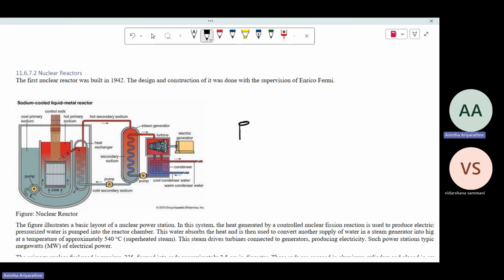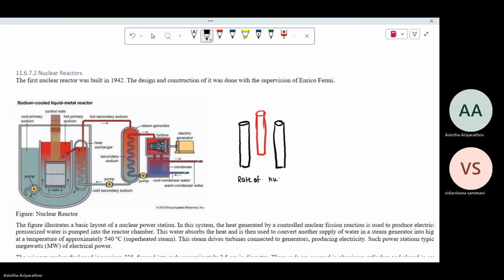So if this is a uranium rod, and there's another uranium rod close together, by inserting a controlling rod in between these two uranium rods, the rate of nuclear reaction process